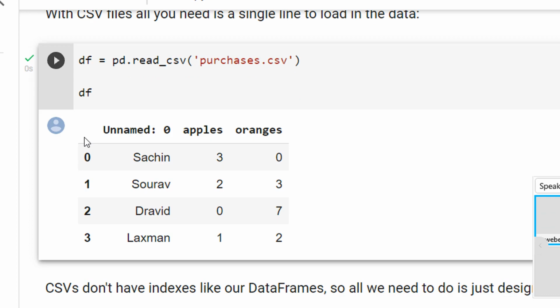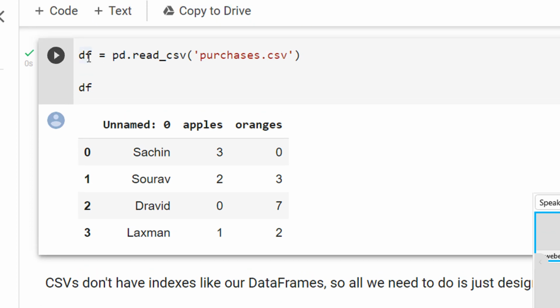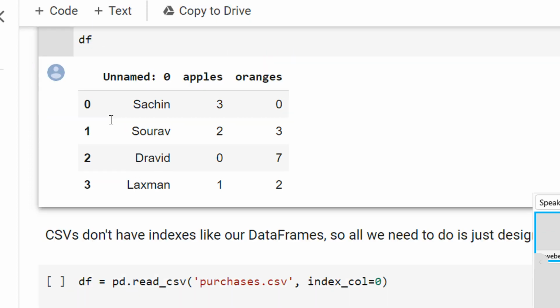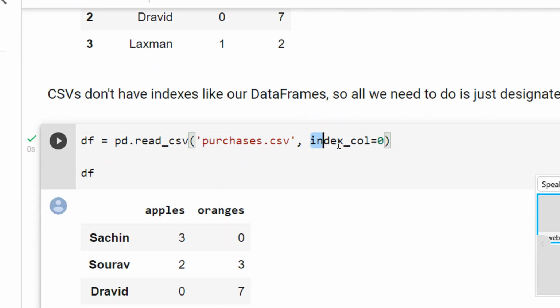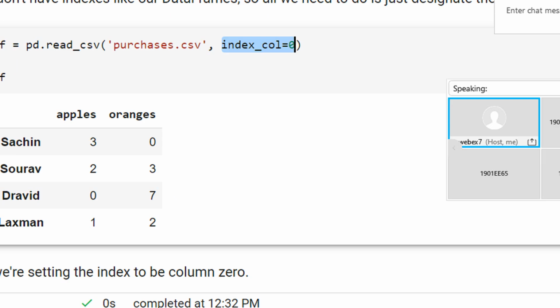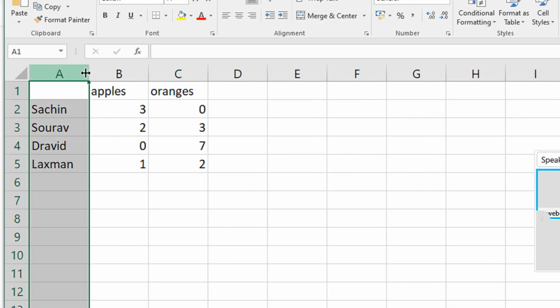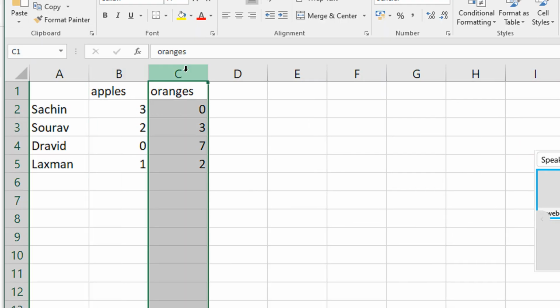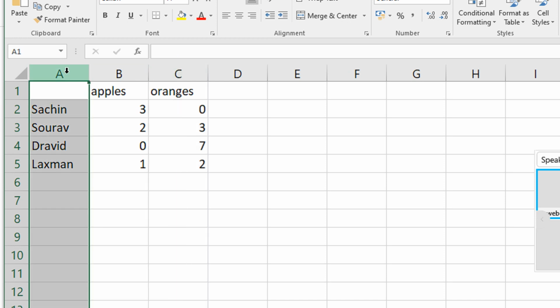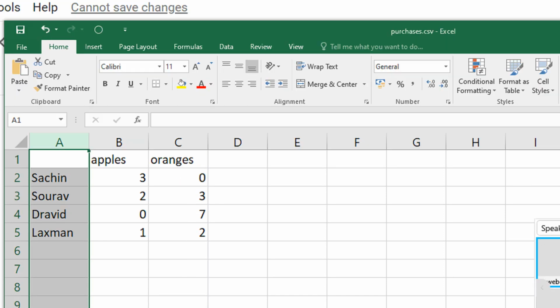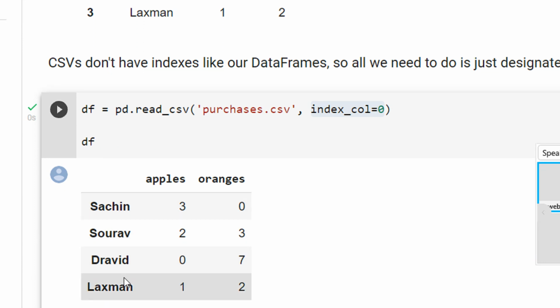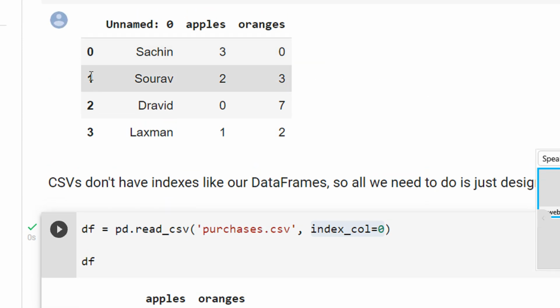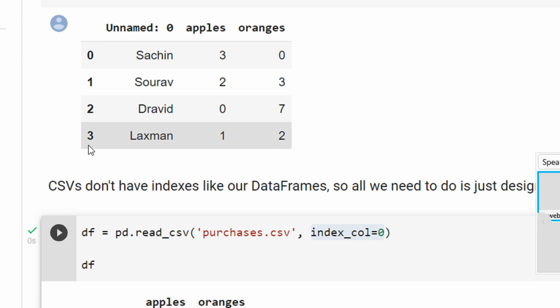So you can see this data frame. So usually you will see in a lot of places df is the variable used that stands for data frame, right? Now what I'm saying here, index is equal to column 0. Now what is this? This is column 0, column 1, column 2 because we begin the numbering from 0. So index equal to column 0 means this will be our index. So now you can see Sachin, Saurav, Dravid, Lakshman which are in bold. So index is always represented in bold letters so that it is easier to identify.